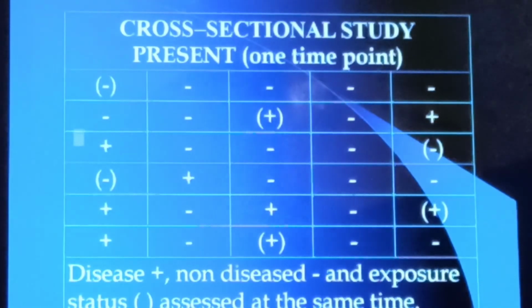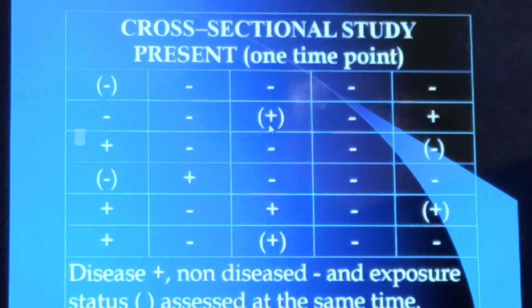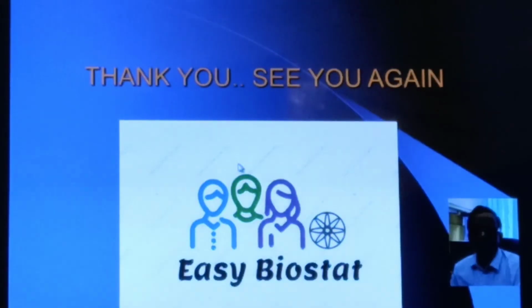The next is the cross-sectional study. One example you have seen is the blood pressure pattern, which is measuring adolescents' blood pressure at one time. There is no case and no control here. Exposure, condition or outcome, everything is measured at one time point. This is also called a snapshot study, or cross-sectional study. Using this, we can assess the blood pressure pattern.